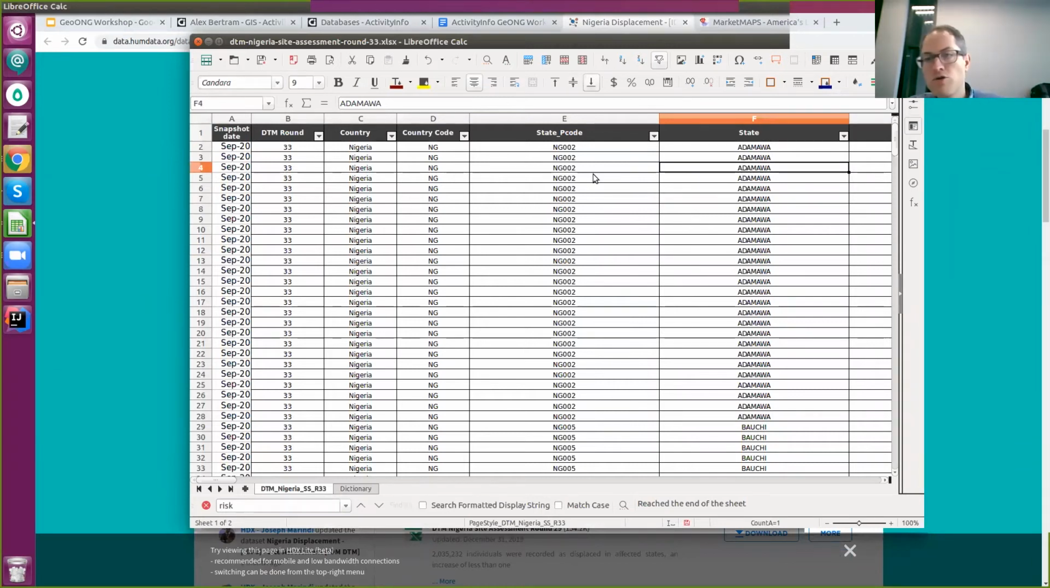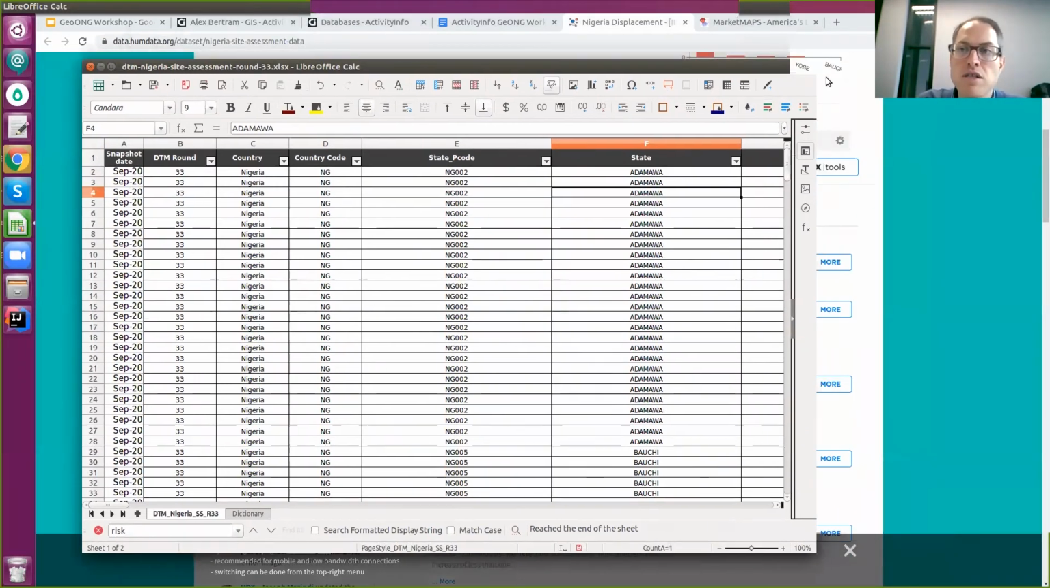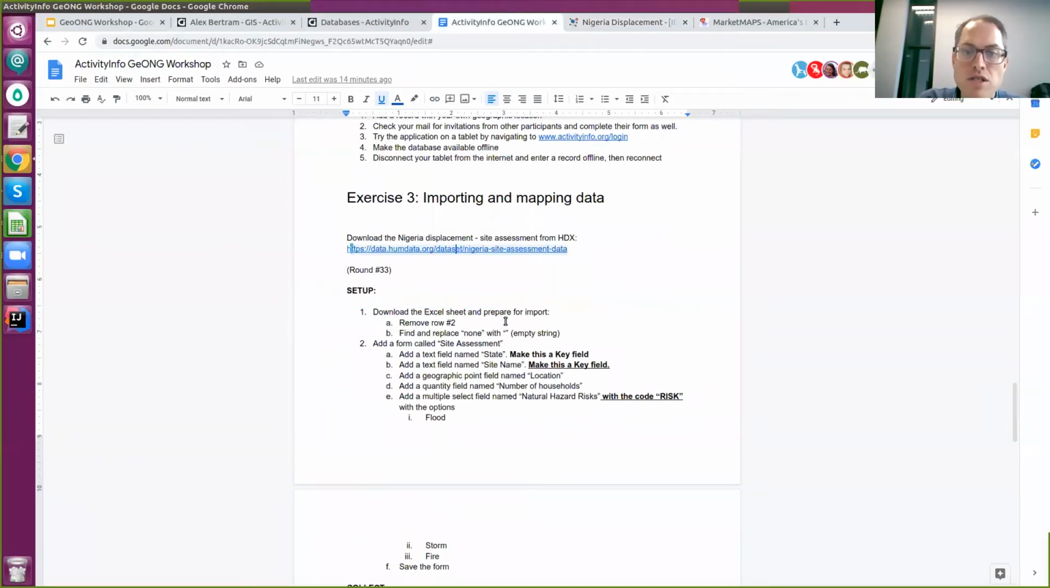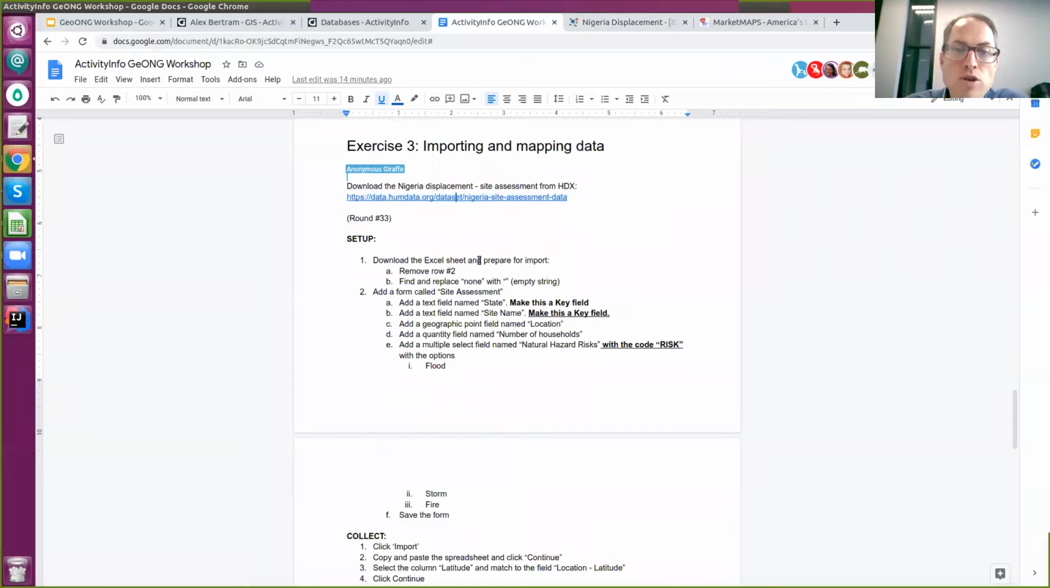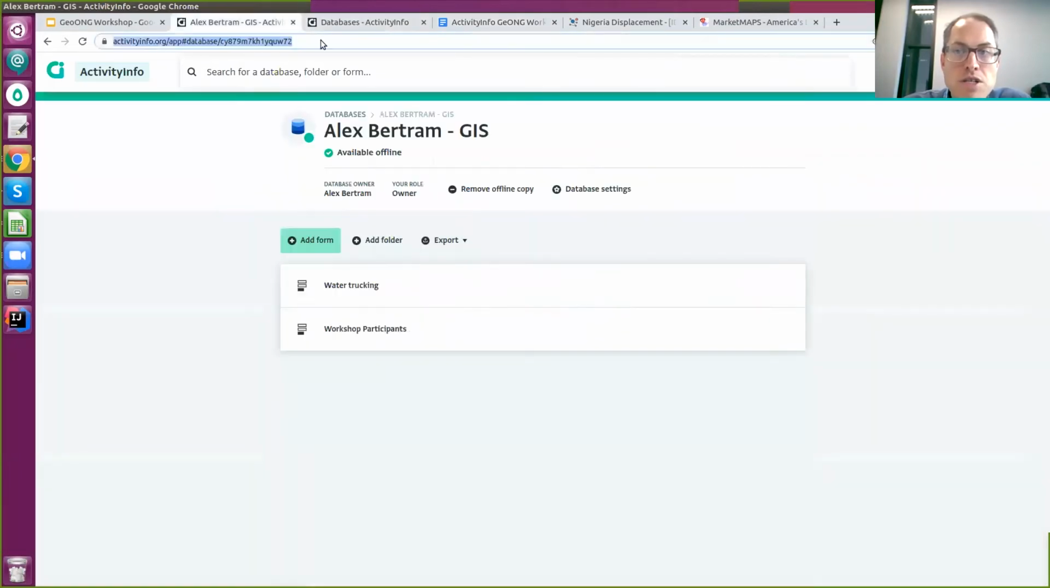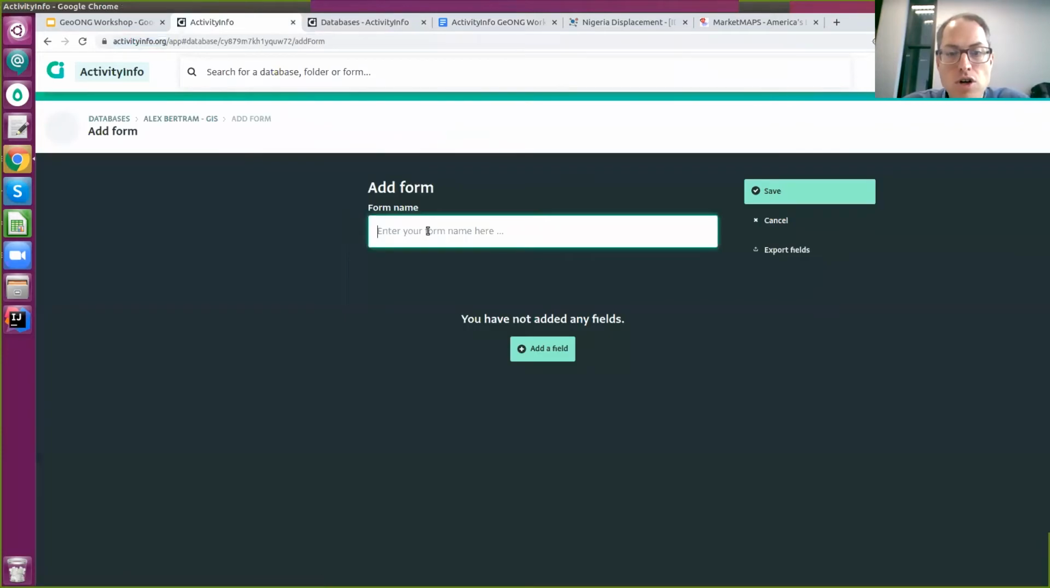So what we're going to do now is look at how you can bring in this kind of data that's already been collected into ActivityInfo. Even though we have an existing spreadsheet, we do need to start with the database structure all the same. So I'm going to go back to my database here, and I'm going to add a new form called site